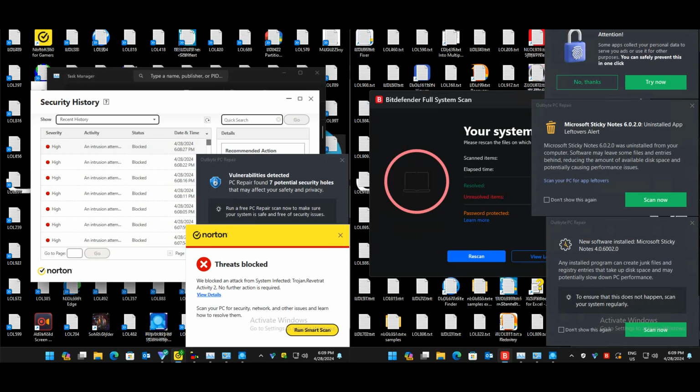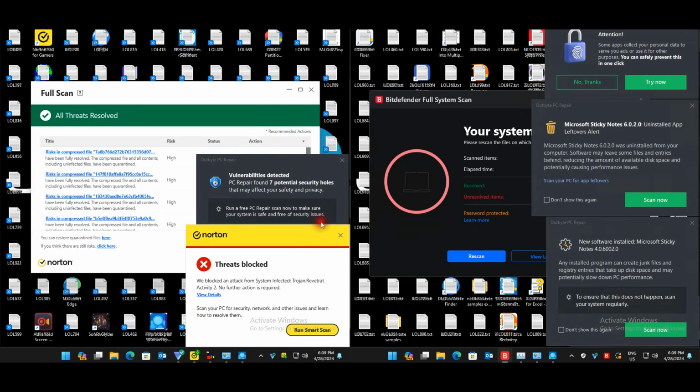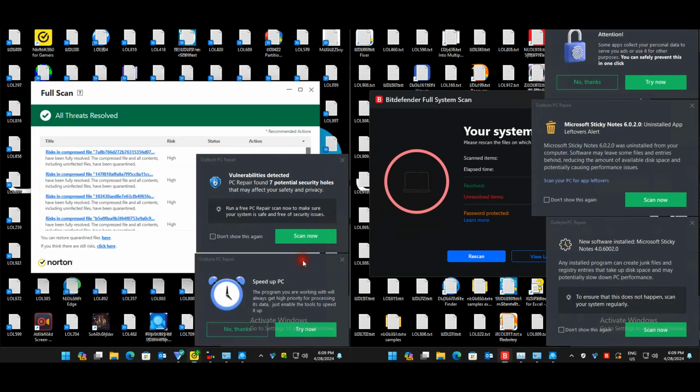Okay, so the scans are done. Let's quickly have a look at our results. I do see there are some Norton pop-ups about intrusion attempts that it's still blocking. So we might have some active threats, or something is obviously trying to come in from the outside that has obtained the IP. Now let's just quickly close all of this.